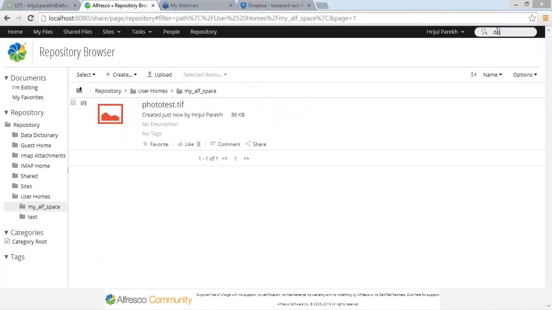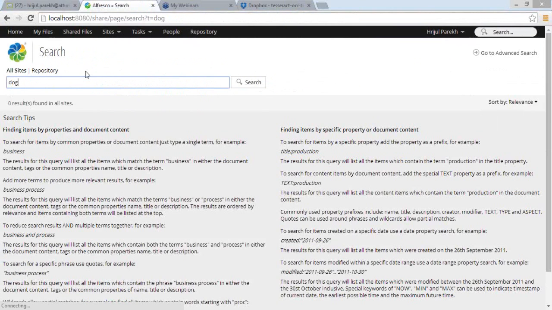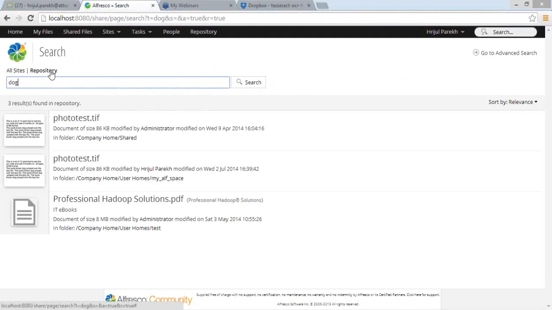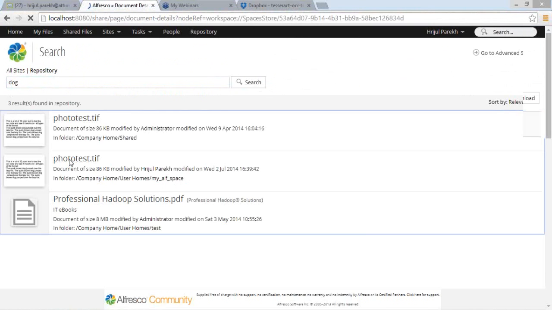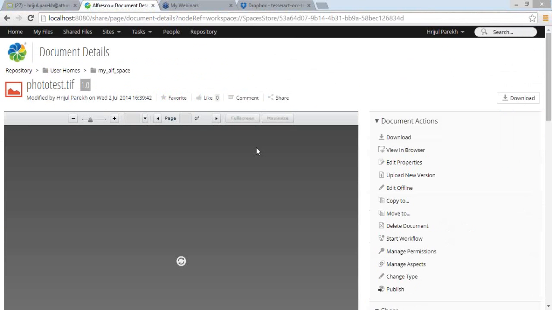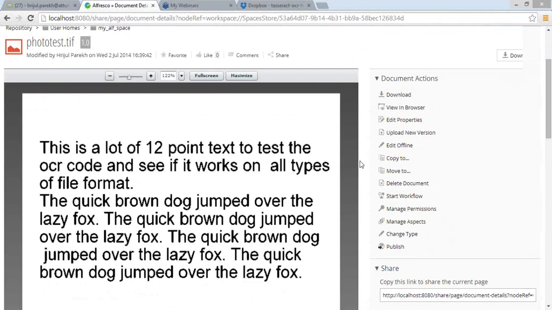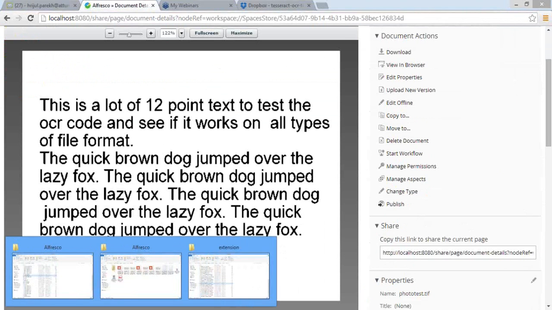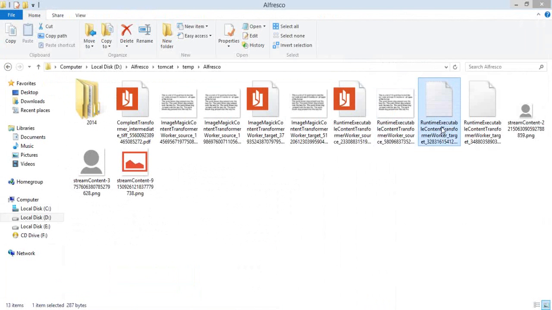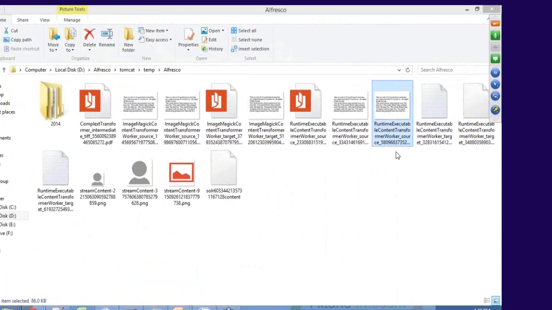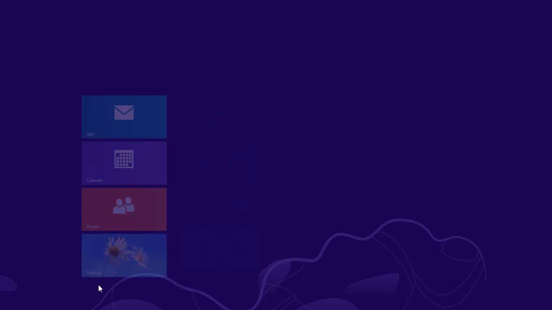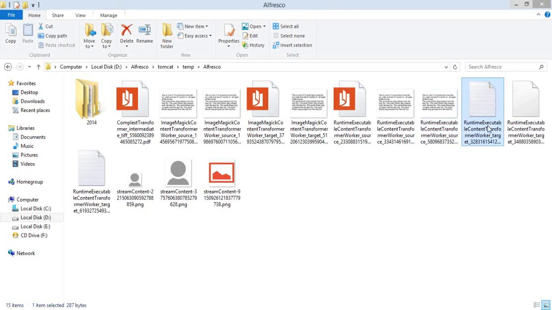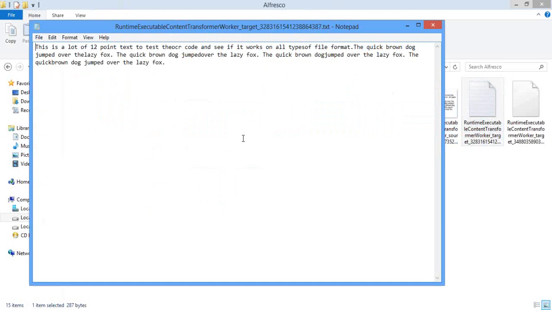We have one word called dog. Go to repository. Here my space, my Alf space. In my Alf space, I got this TIFF. So the content within my TIFF file is searchable now. This content is almost the same as the transformed content.